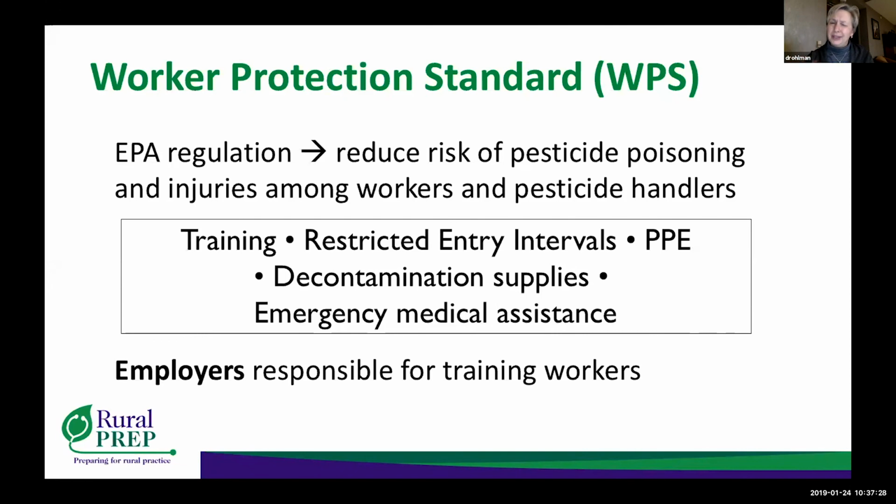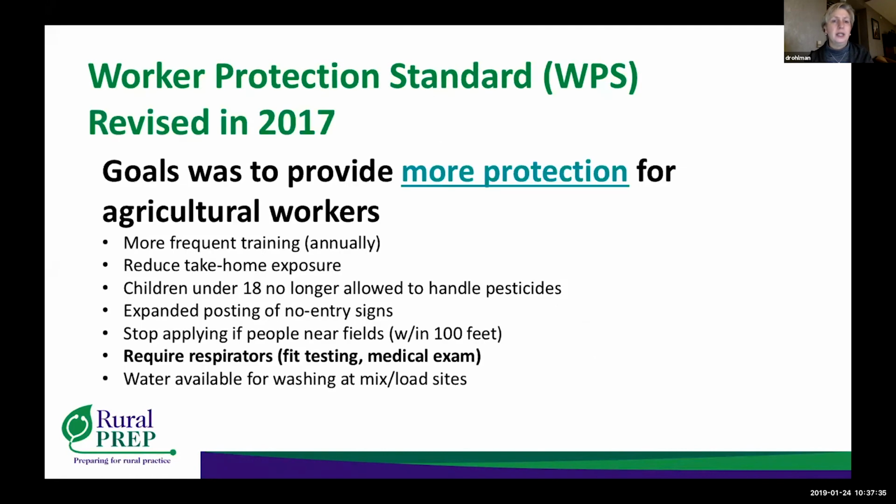And I want to point out the burdens on the employers to provide the training. So a lot of this training can vary from one work site to another. In 2017, the Worker Protection Standard was revised, and the goal was to provide more protection for agricultural workers. So they said instead of training somebody every 5 years, it needs to be done annually. For the first time, they talked about reducing that take-home exposure pathway, which is getting family members exposed. Children under 18 are no longer allowed to handle pesticides. It kind of seems like a no-brainer, but in agriculture, a lot of rules are more lenient than in other